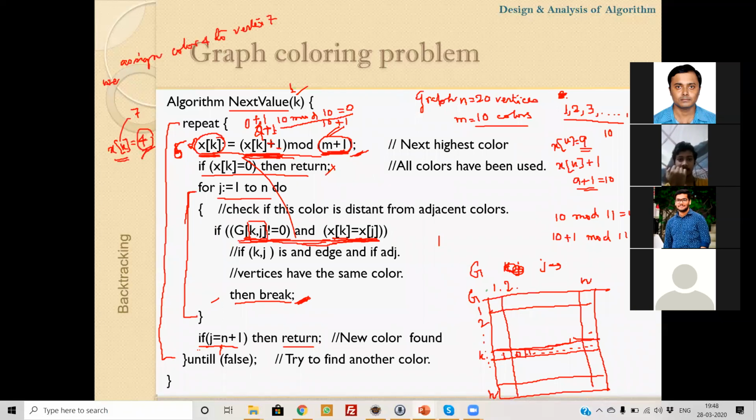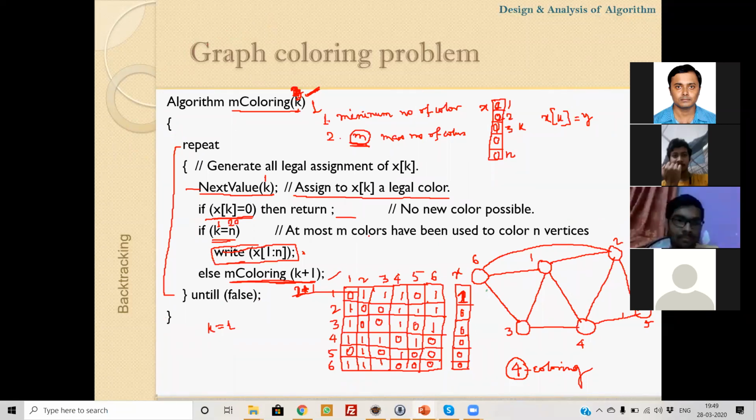Here G of k, j with j equals 2 and k equals 1, so 1 and 2 are adjacent. This value is 1, not equal to 0. If these two vertices are adjacent, we check whether xk and xj are the same.